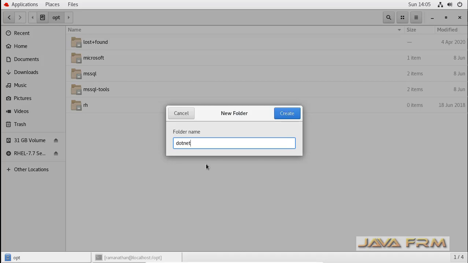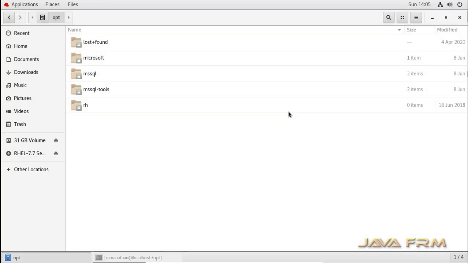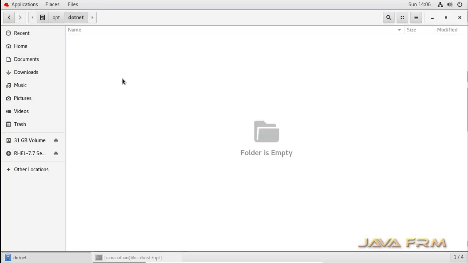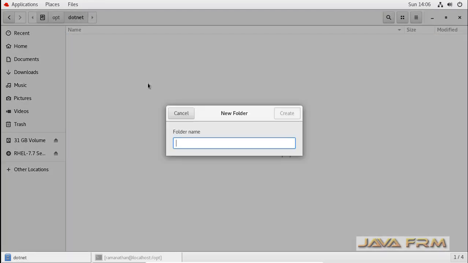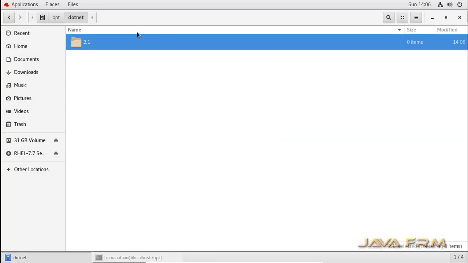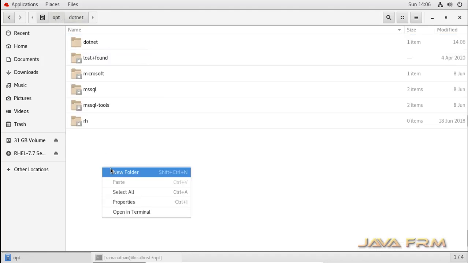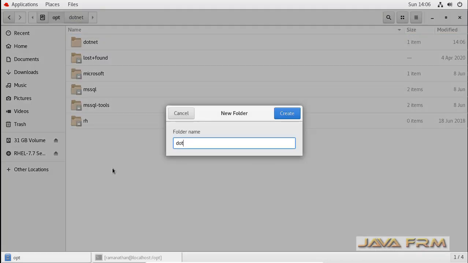Now I am going to create one directory called .NET. Inside the .NET directory, I am creating one directory called 2.1. Inside this 2.1 directory, I am going to install the .NET Core 2.1 binaries.